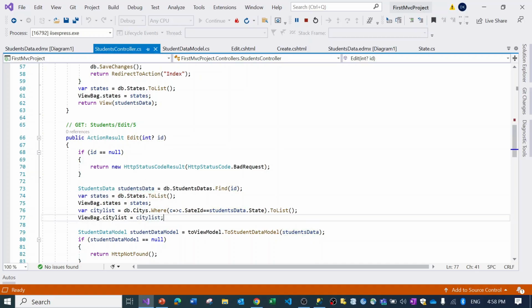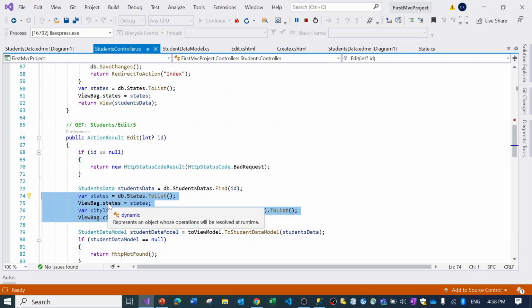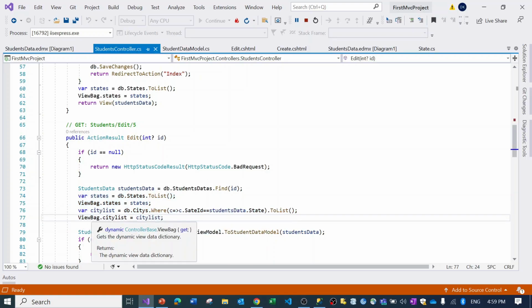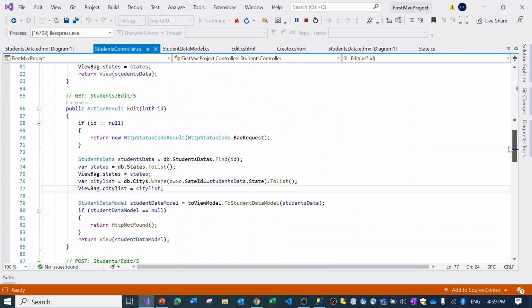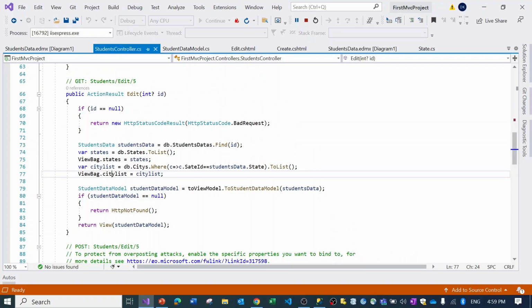Now the extra thing we are doing here is passing the state and the city. Here we pass the city list as well in the view bag. Why are we passing the city list here, and why did we not pass it in the create method? Because this is the edit one. So in edit we have to provide the details of what we have selected. So we have to preload the data before selection. So that's why we passed the whole list of the states, and those city lists, which we have selected,